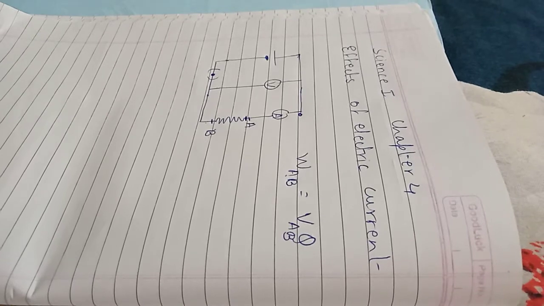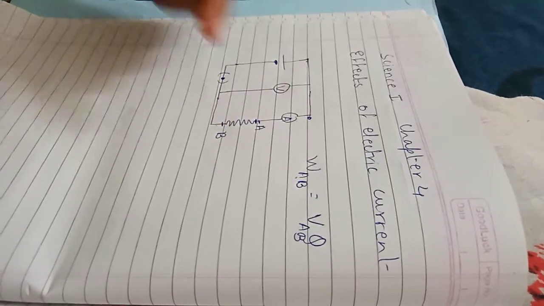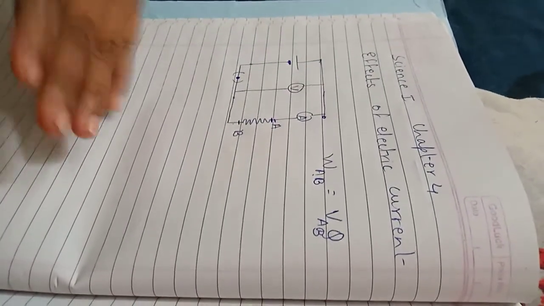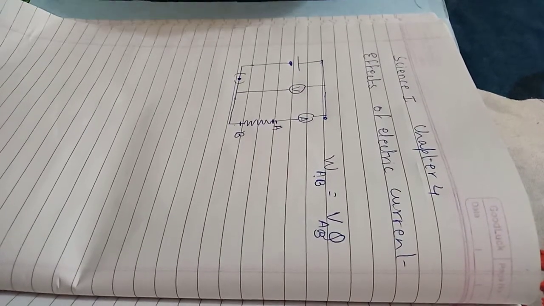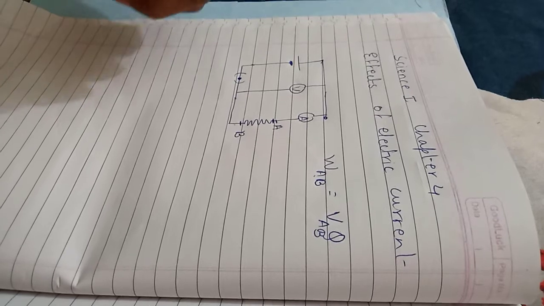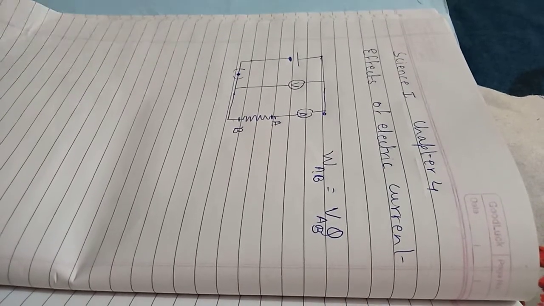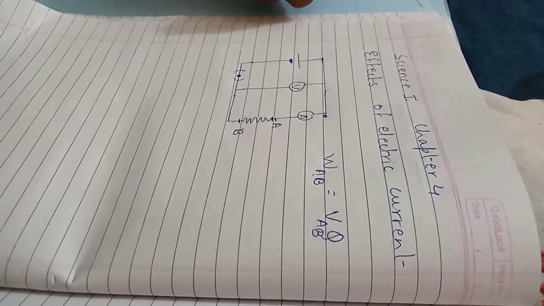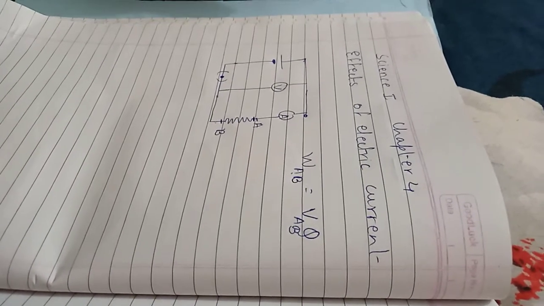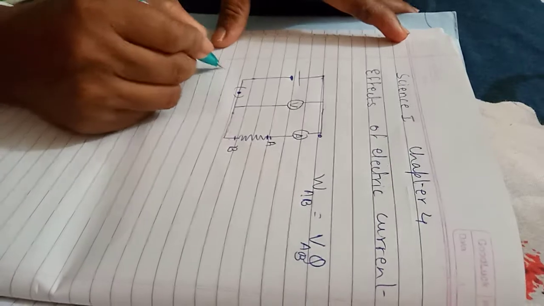Okay? Now the charge performs work from point A to point B. Where does the work done go? To perform work, energy is supplied, but on performing work, where does the work done go? The work done comes out in the form of heat energy. So how does the work done come out in the form of heat energy?